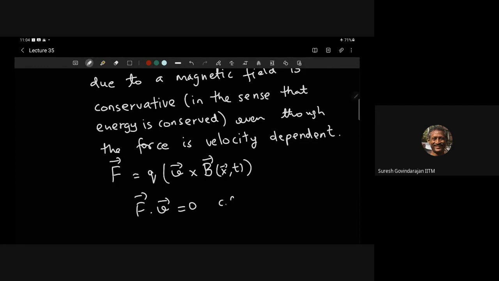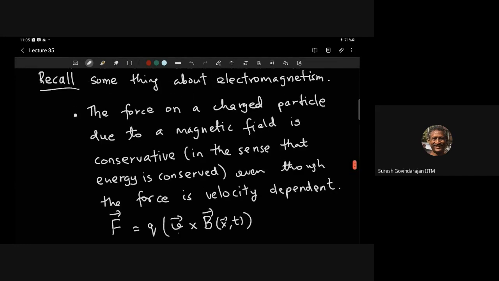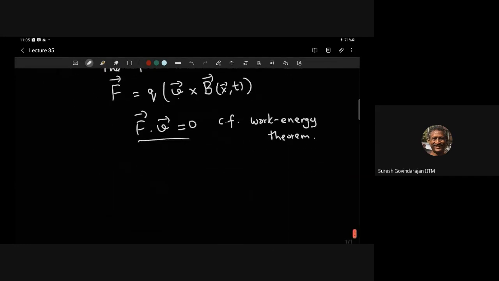So if you don't remember, it's okay, you look up the work energy theorem in mechanics. Or you can prove it from first principles, because F dot ds is work done, and ds by dt is velocity. Okay. So this is trivial because v cross B is always perpendicular to v, so F dot v is always 0. Okay, so this is a very, very unusual force.